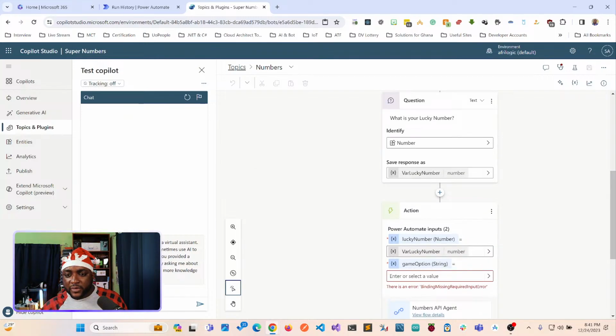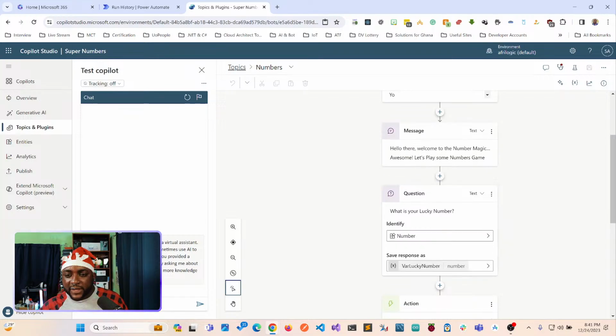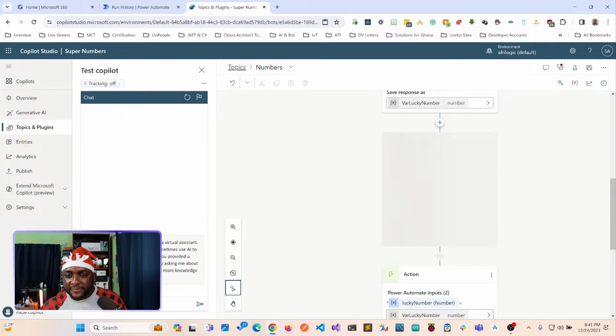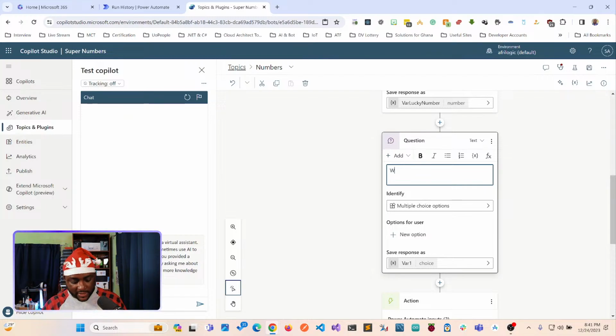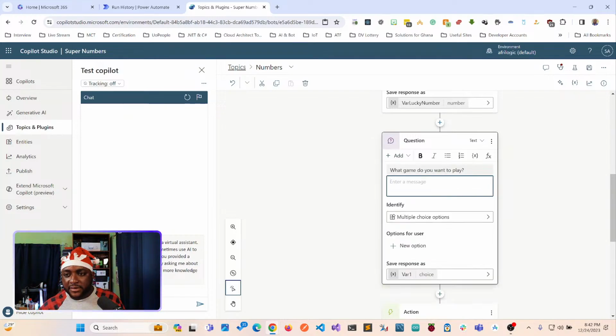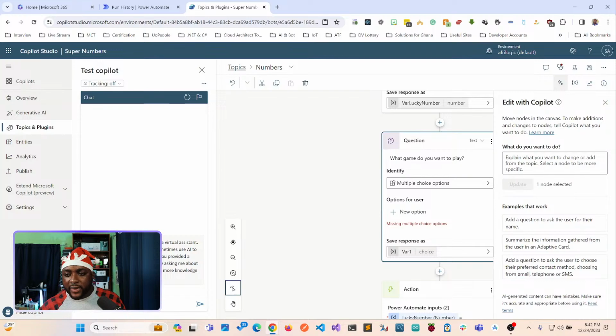Okay, so in here, what's your lucky number? We have the lucky number. So let's add another one, which is the ask the question. And then here would be what game do you want to play? Question mark. And what I can do is I can copy this and then go ahead and message variation. And I'll go ahead and copy the Copilot and say